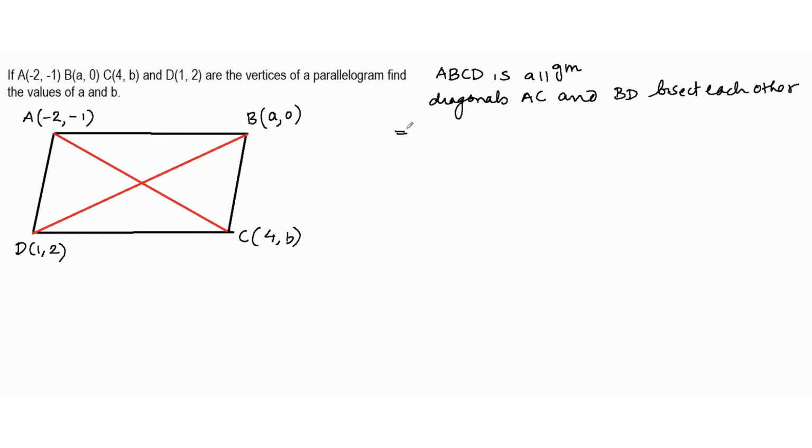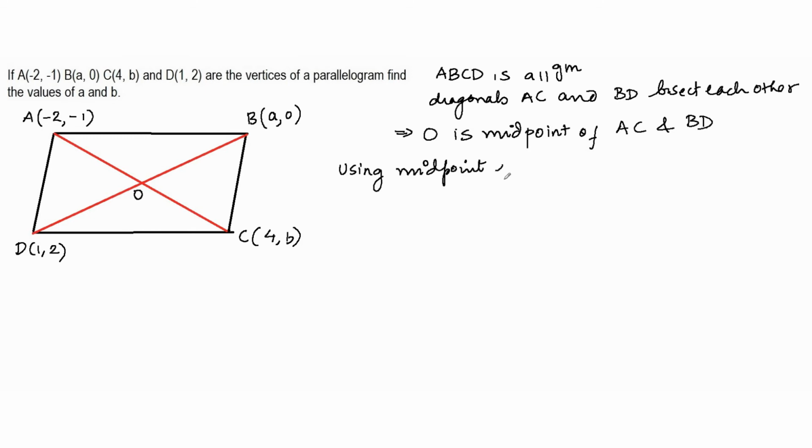And this implies that O is the midpoint. So let's consider the diagonals meet at point O. So O is the midpoint of AC, as well as BD, right? So using the midpoint formula for finding the midpoint of AC,